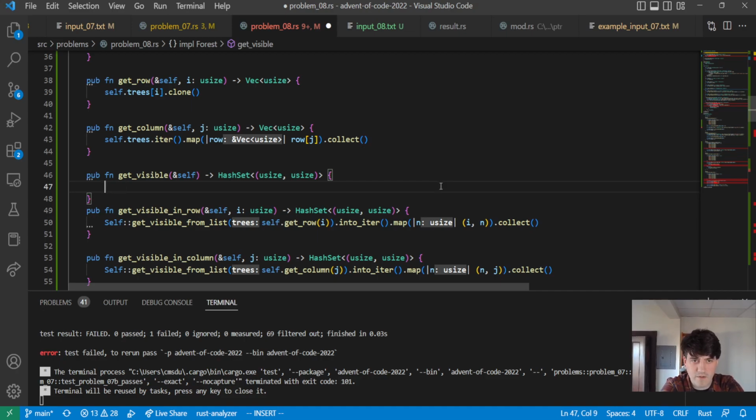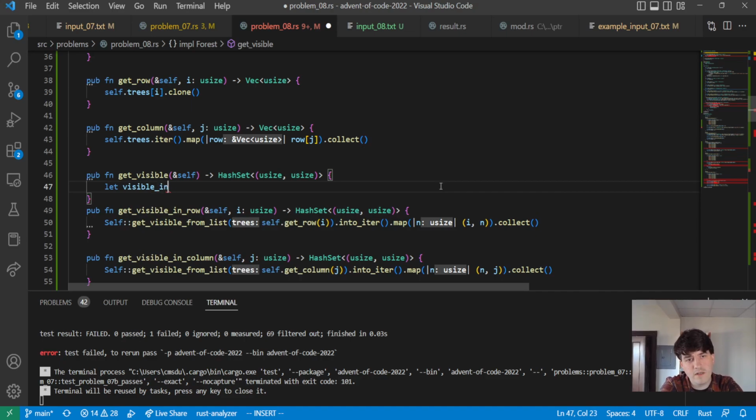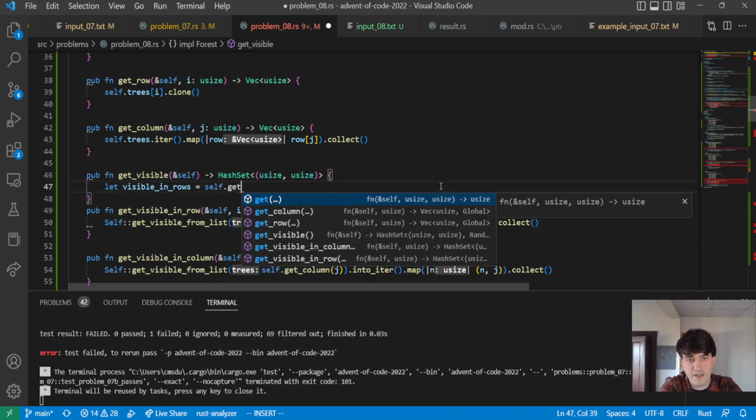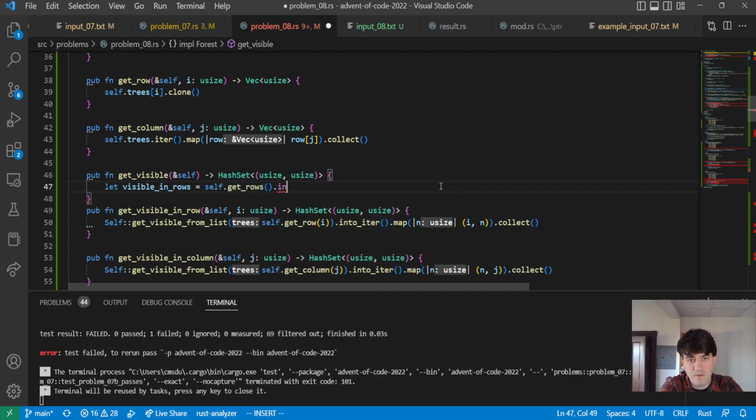Yeah, just do get_rows. Let visible in rows be self.get_rows, dot into_iter dot map,